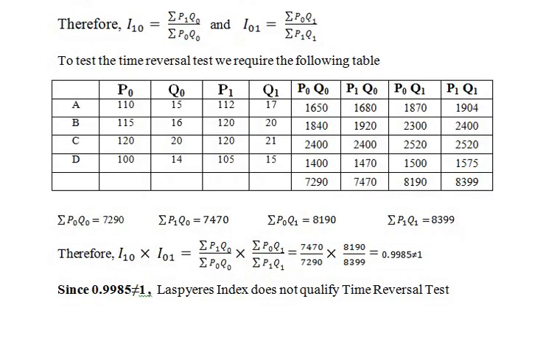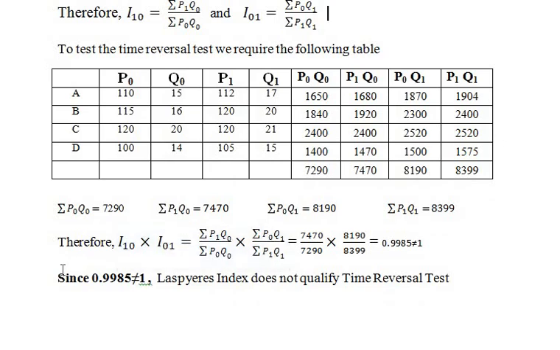So next what we need, we have to calculate I10 into I01, which has to be equal to 1. We have put the formula here, and then we have substituted the P1 Q0 value, P0 Q1 value, P0 Q0 value and P1 Q1 value, and as we can see it is not exactly equal to 1. So as it is not equal to 1,